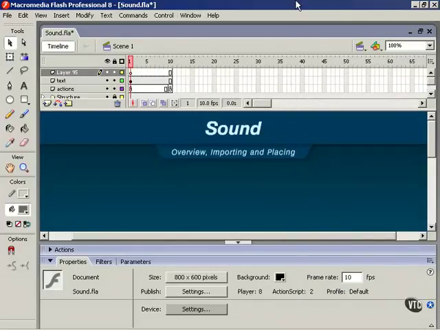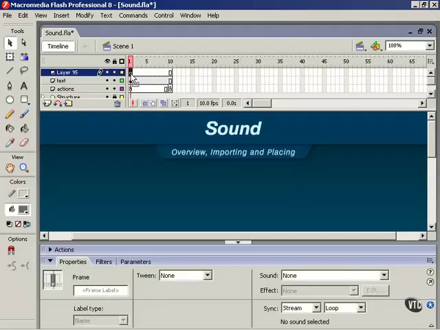Placing sound in our Flash movies is a little bit different than bringing in things like photos and video. For starters, we don't drag anything onto the stage. Instead, we add sound to a keyframe using the Properties panel. We need to add separate layers for this, and in actual fact, it's recommended to use a separate layer for each sound in your movie. This keeps everything simple, with less chance of things interfering with each other. So, on a new layer,